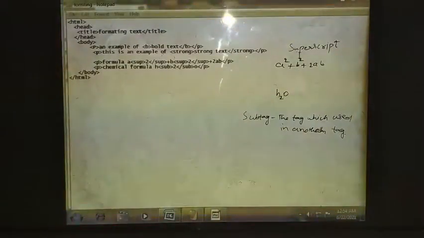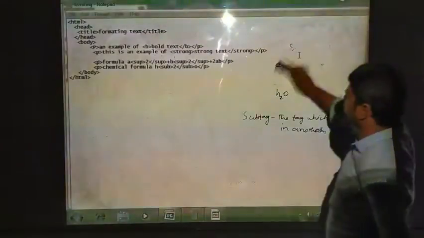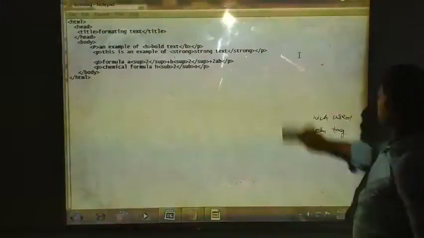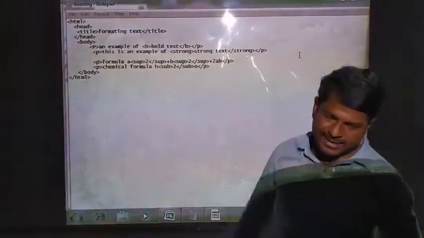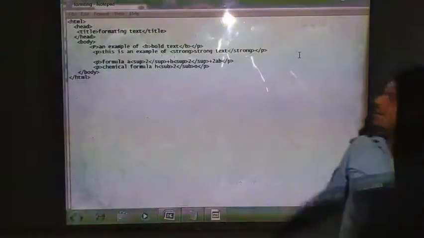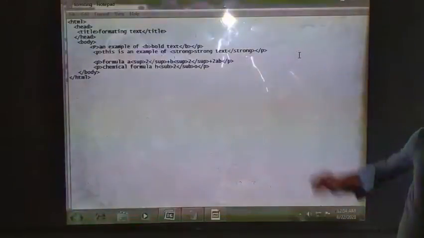How to execute the HTML program? To execute the HTML program, first we need to save the HTML file. This is the HTML file. Okay, this is a source file. So how to save it? I have saved here. First you have to click on file, save as.